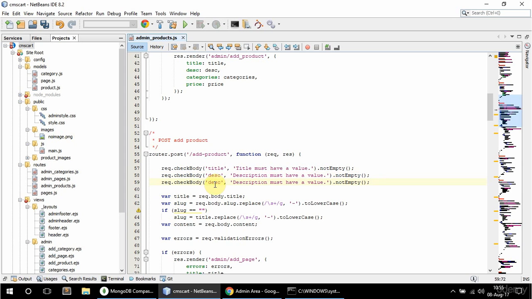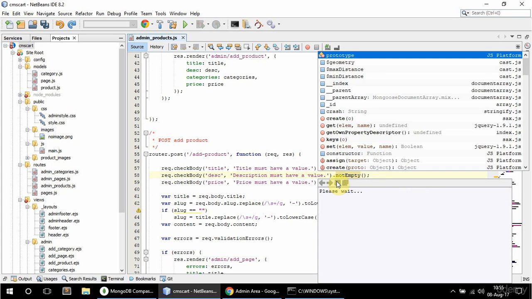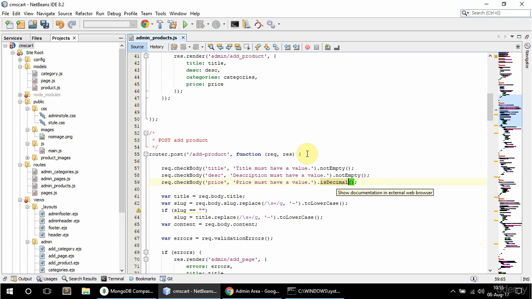and price as well. So price here, and price must have a value, and I'm gonna say here is decimal, so that exists as well in Express Validator. And for the image, because I want to also make sure the image is an image if it's uploaded, and I also want it to be okay if no image is uploaded. So to do that, I actually need to add a custom validator, because Express Validator doesn't include that for some